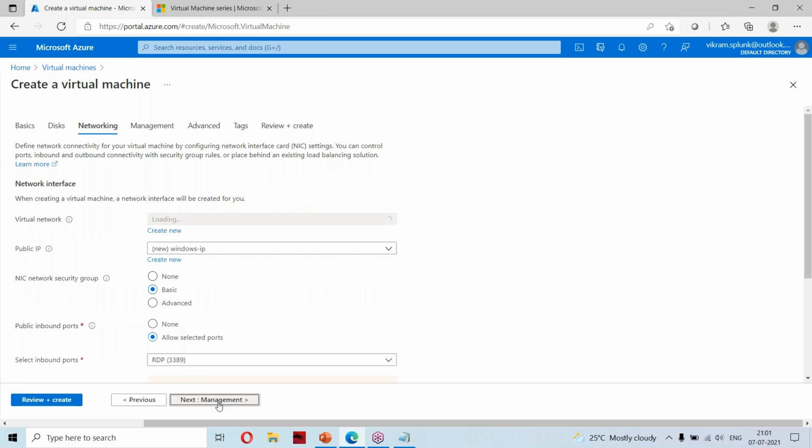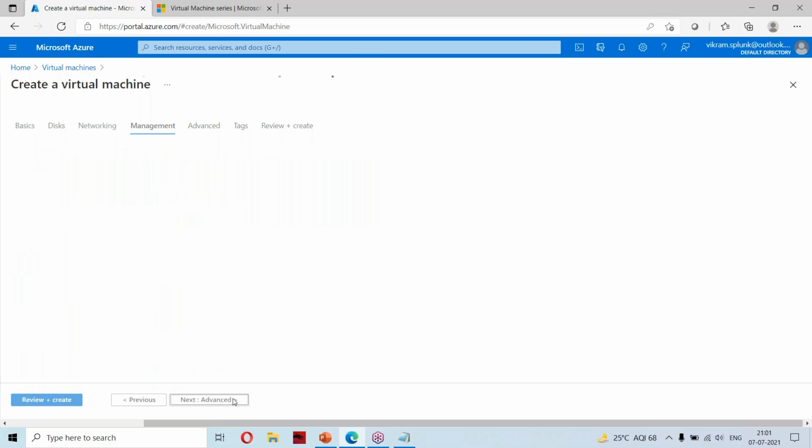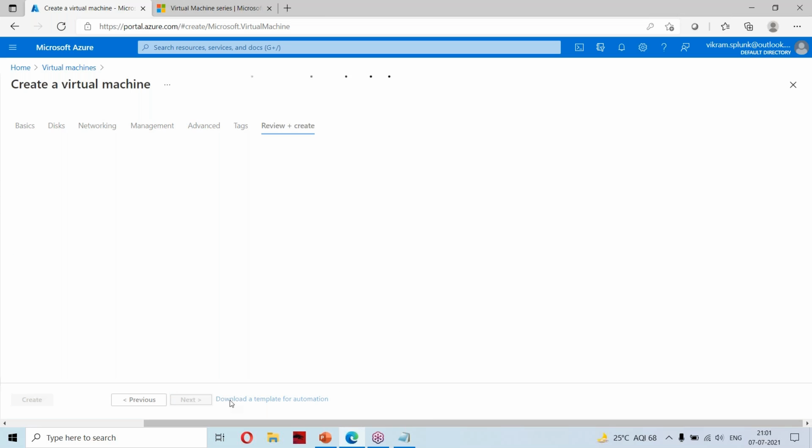And I'm clicking on networking. Here, for this there will be a new network that will be created, and this is the subnet for that, and I want the public IP. I'm clicking on review and create.